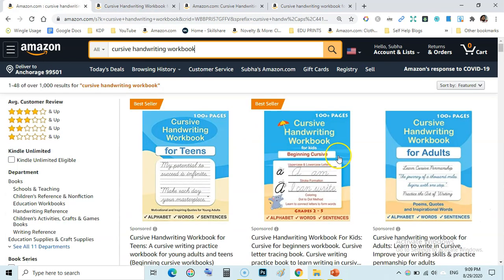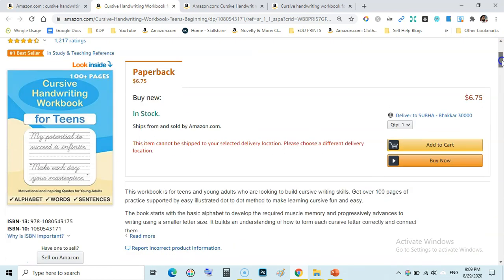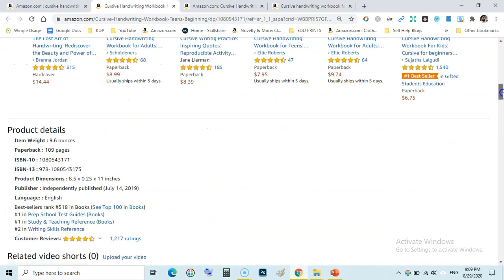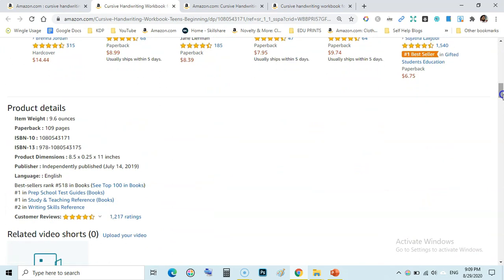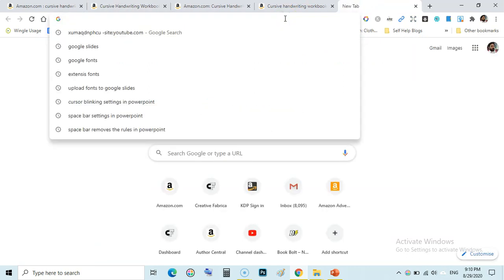I have opened these three in new tabs and I am going to look at their bestseller ranks to have an idea of demand. You can see here this book is ranking number 518 in books, and that is selling tons of books per month. Let's have a look at the per day sales.